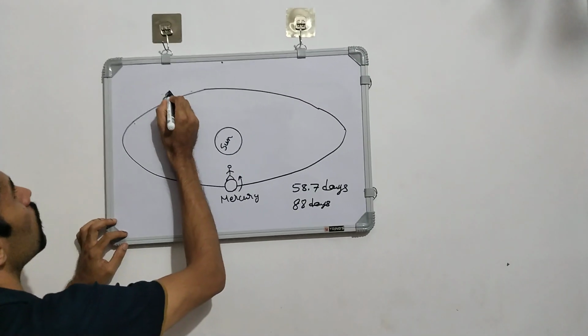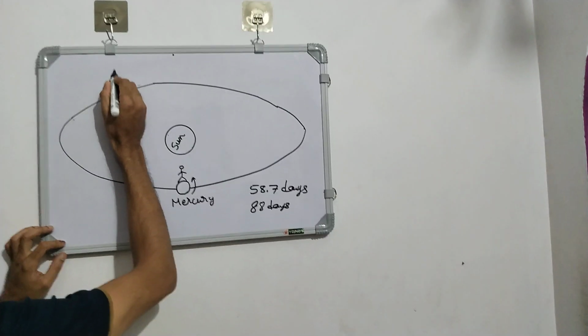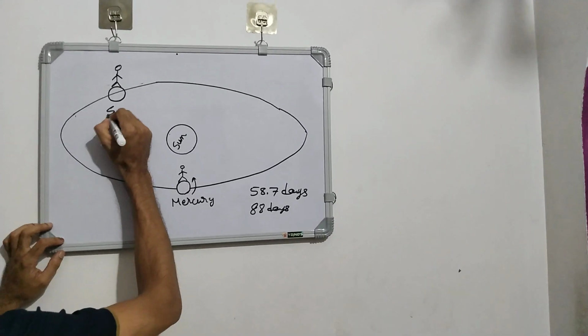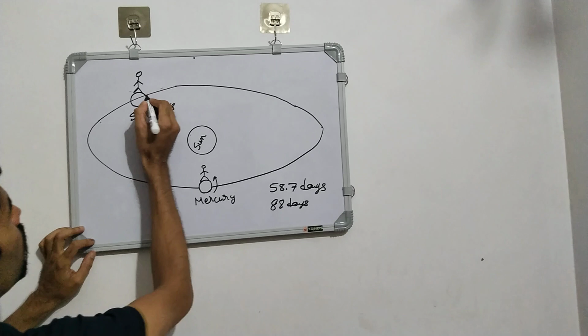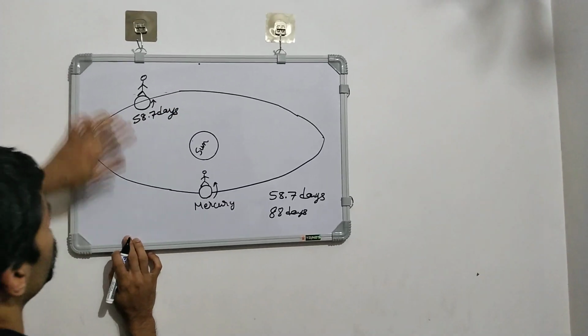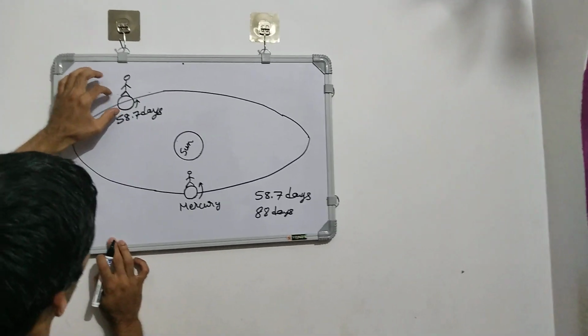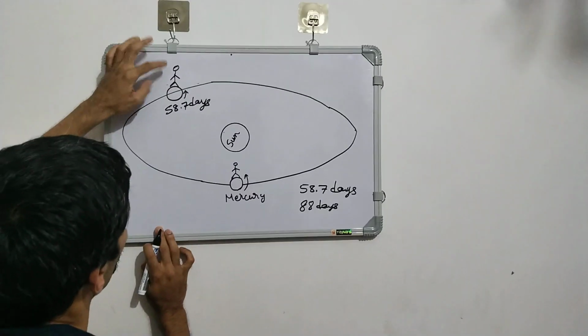The person is standing in the same position like this. Now 58.7 days have elapsed. Mercury has completed one rotation on its axis, but the sun is nowhere to be seen here